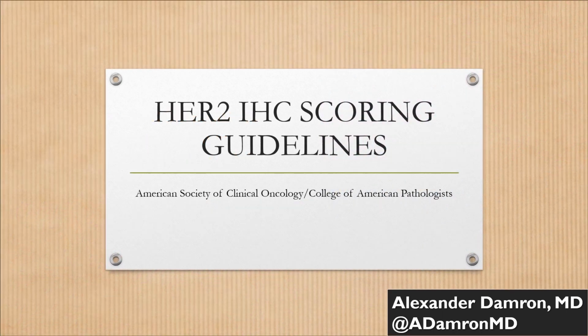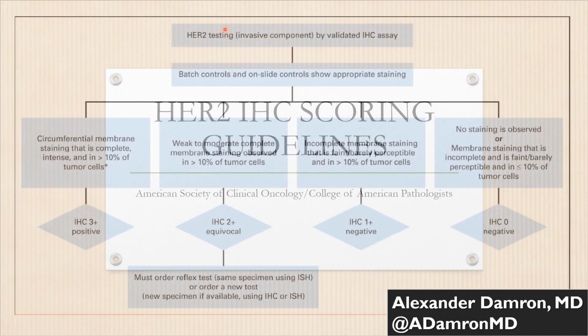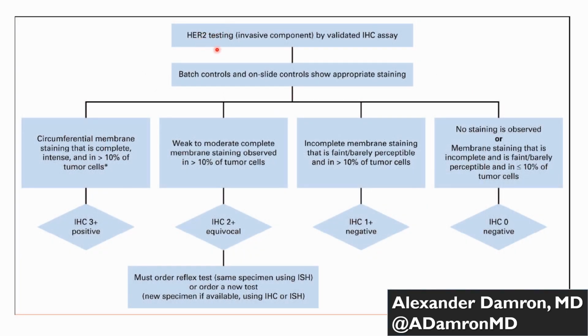negativity. So with that said, let's talk about the current HER2 IHC scoring guidelines according to the ASCO and CAP guidelines as of 2018 with the newest update that has come out. All right, so this is the current algorithm for HER2 IHC testing. And the first thing that I want to mention is that you make sure you are scoring this on the invasive component. There are cases that are going to have 2+ and even 3+ staining in the in situ component, but it's important that you stay away from that and you strictly score the invasive component by the validated IHC